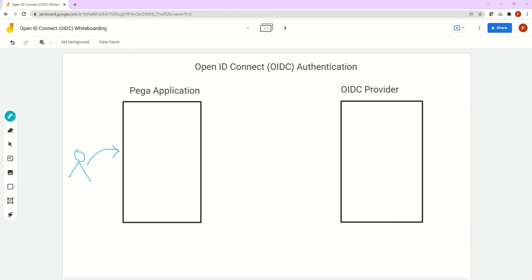By picking a simple example. Assume that there is a user who is trying to access a Pega application. If this Pega application is leveraging OIDC as an authentication for SSO, then ultimately what would happen is, through some means, how that should be configured or how that is implemented, all that we will see in a while. But at a very high level, when the user is trying to access a Pega application, then the Pega application would redirect the user to the OIDC provider,